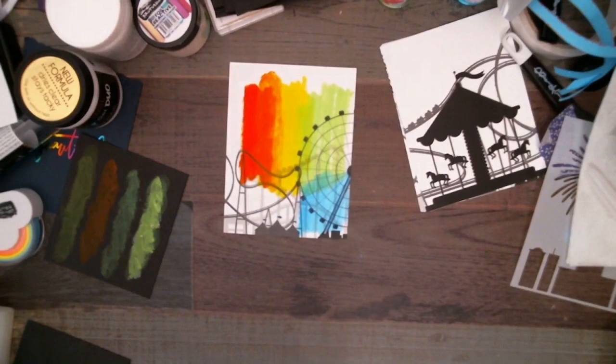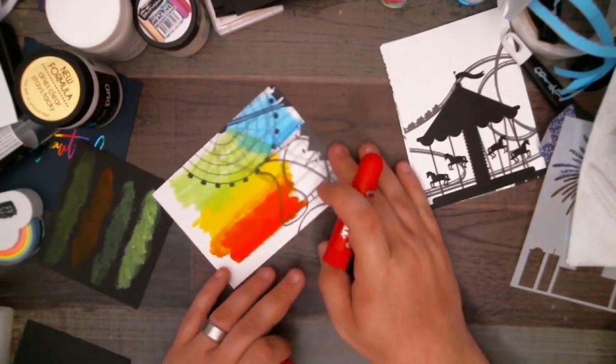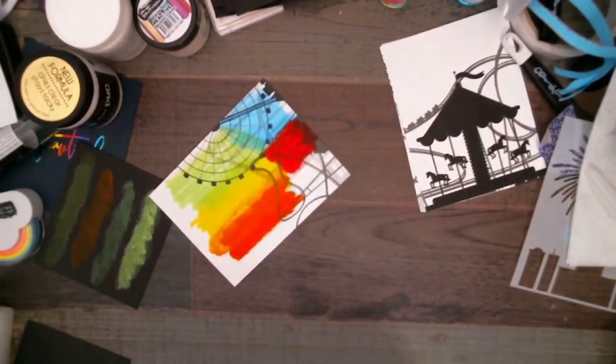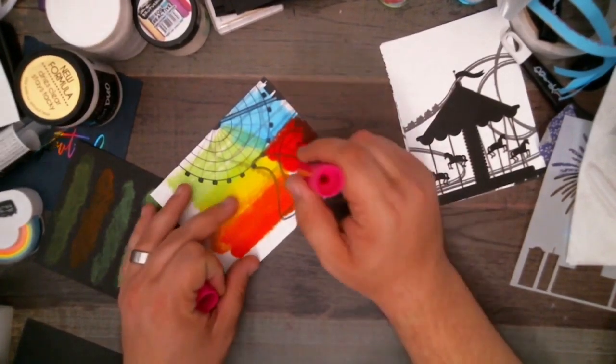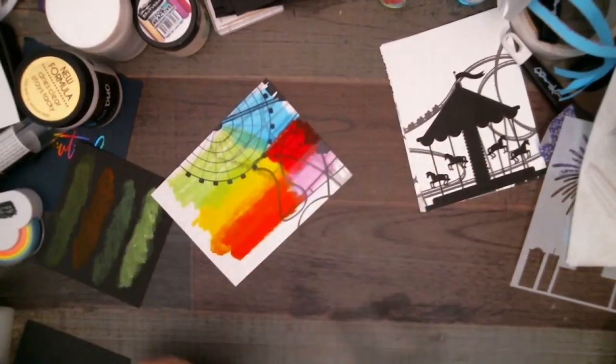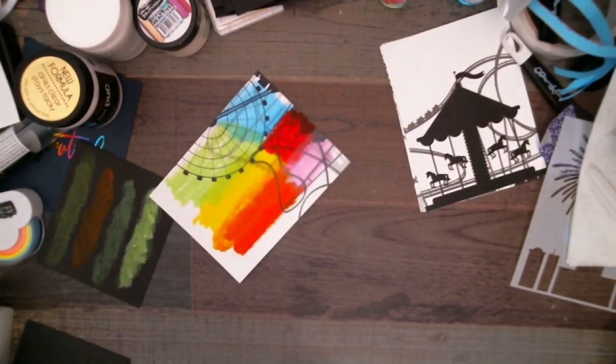And then, of course, we have the red. Oh, that's pretty. Oh, my goodness. And then we'll try the pink, too. Then we have the pink. And that's now dry. That's so cool how that dries. It's so weird because you wouldn't think...